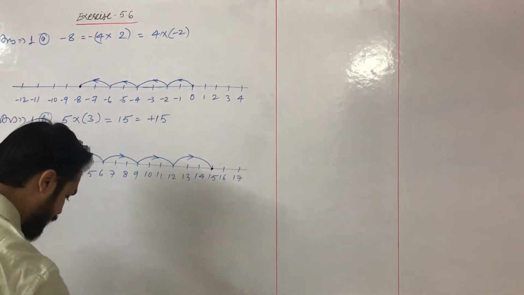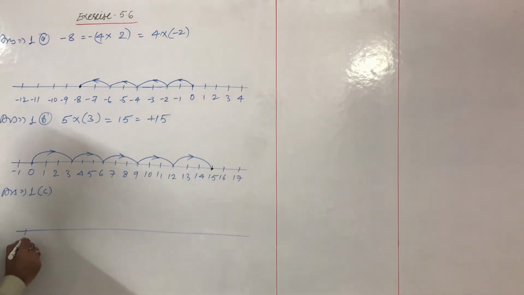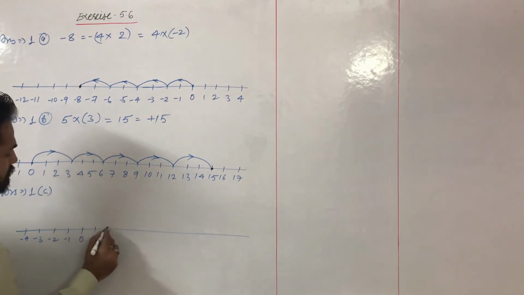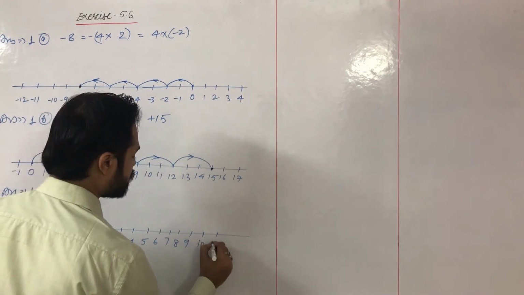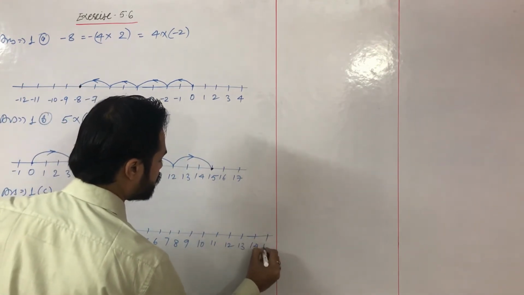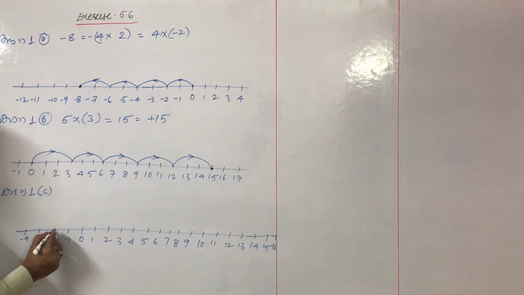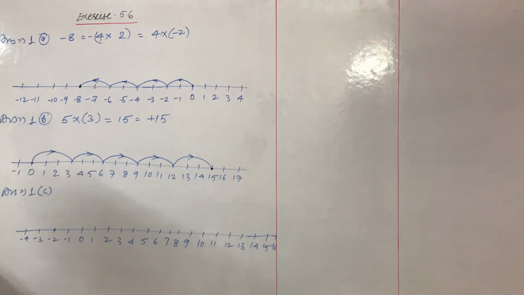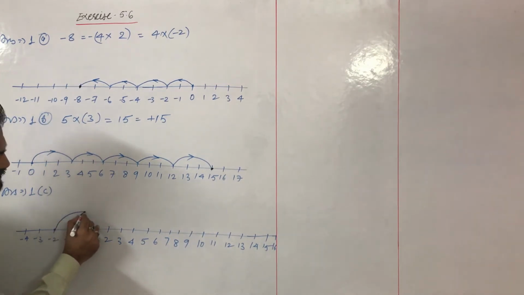Last, it starts at -2 and consists of 3 moves, each of 6 units to the right. Right. So we have to start from -2. This is the starting point. It consists of 3 moves, each of 6 units to the right. So from -2, first jump of 6